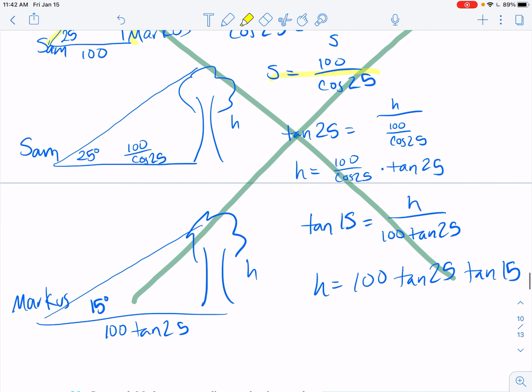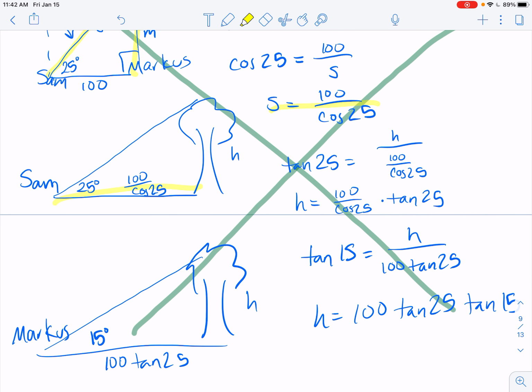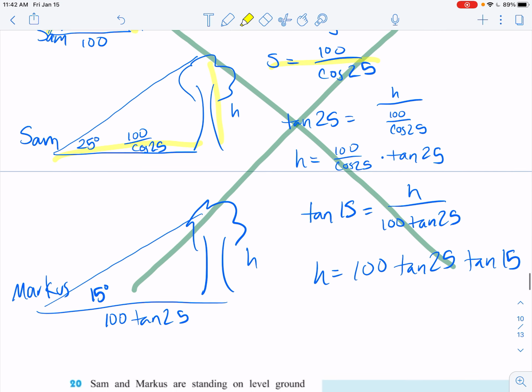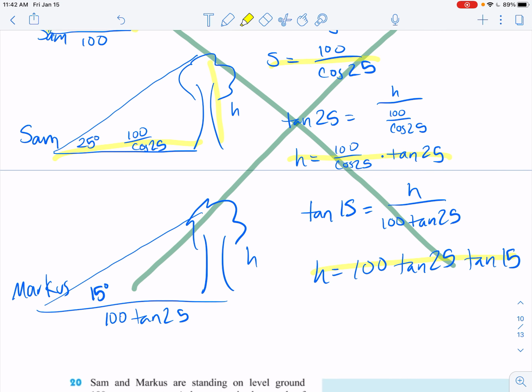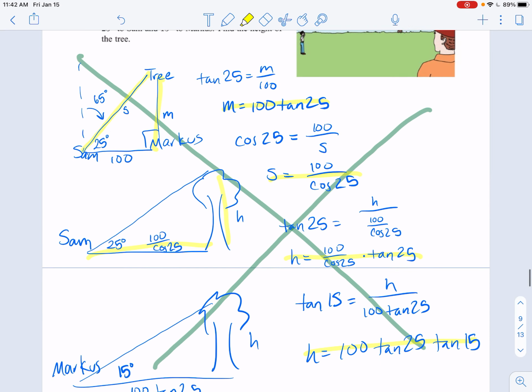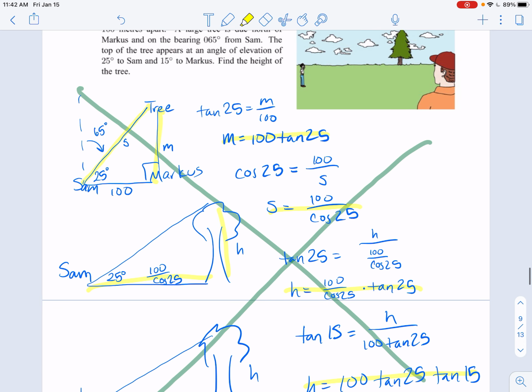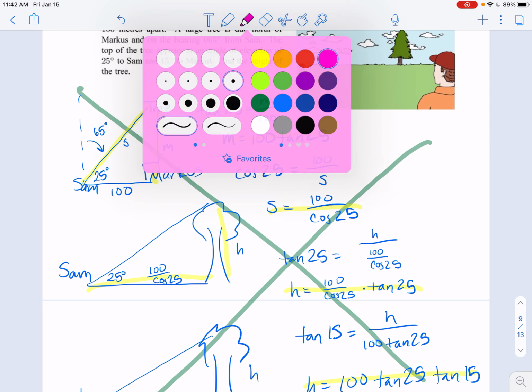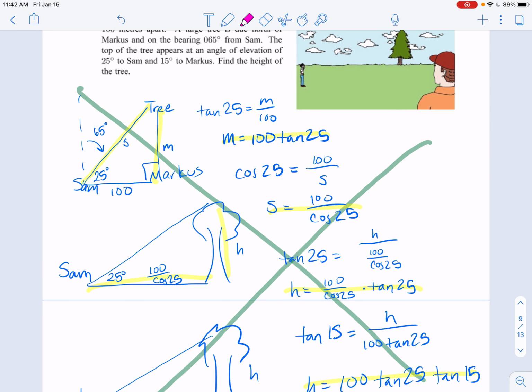Then I came along and said, well, Sam to the tree, this is their distance, here's the height. And I found this and this when I did it the two different ways, but those are not the same value, and neither of them are correct. Okay, so this whole method was wrong, and what dawned on me later is that Sam could be somewhere on this line, but it doesn't necessarily conclude that he has to be here